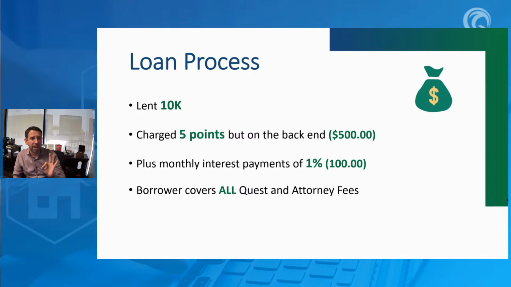Then he made the borrower pay all the Quest fees and all of the attorney fees. Why is that important? I'm the bank. If I'm going to give you money, I'm not going to pay to give you my money. You got to cover those fees. Suddenly, I can now use my self-directed IRA and not even pay any Quest fees if I structure the deal properly to where the borrower has to cover them. Remember, it's $125 to go through any investment. Well, if I'm going to spend $125, I'm going to pass that off to you as the borrower. And Mitch understood that. Not bad.